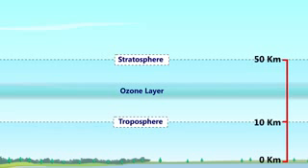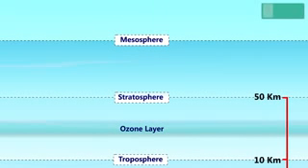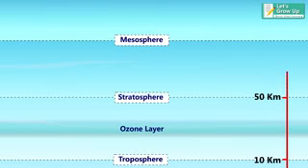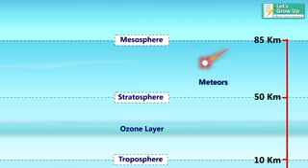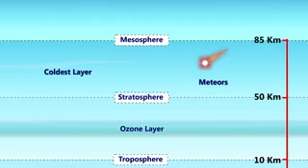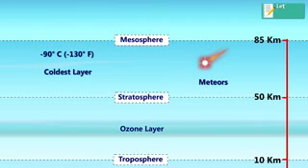The third layer of the atmosphere is the mesosphere. It extends upward to a height of about 85 kilometers, 53 miles, above our planet. Most meteors burn up in the mesosphere. Unlike the stratosphere, temperatures once again grow colder as you rise up through the mesosphere. The coldest temperatures in Earth's atmosphere, about -90 degrees Celsius, -130 degrees Fahrenheit, are found near the top of this